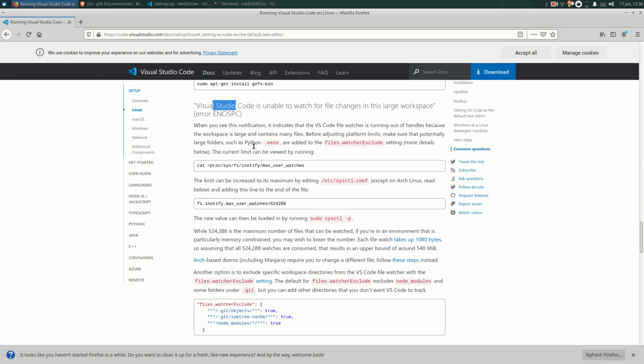When you see this notification, it indicates that the VS Code file watcher is running out of handles because the workspace is large and contains many files. Before adjusting platform limits, make sure that potentially large folders such as Python venv are added to the files watcher exclude. Alright. Setting more details below. The current limit can okay. Files watcher exclude, you know. Alright, so